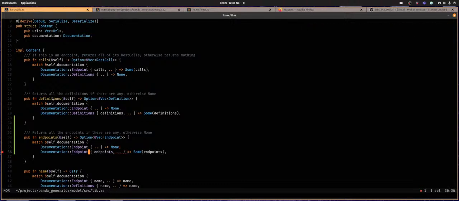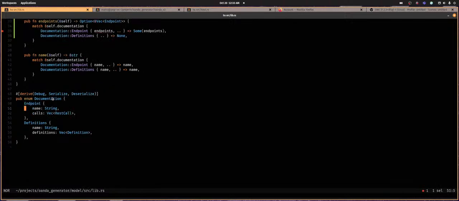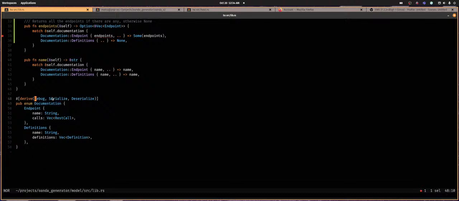Okay, wait. Why is there only an endpoint and a definitions? This becomes definitions and goes down there. Okay, so let's have a look at this thing, endpoint. Name, calls. So why is it plural for definitions? I guess because each documentation